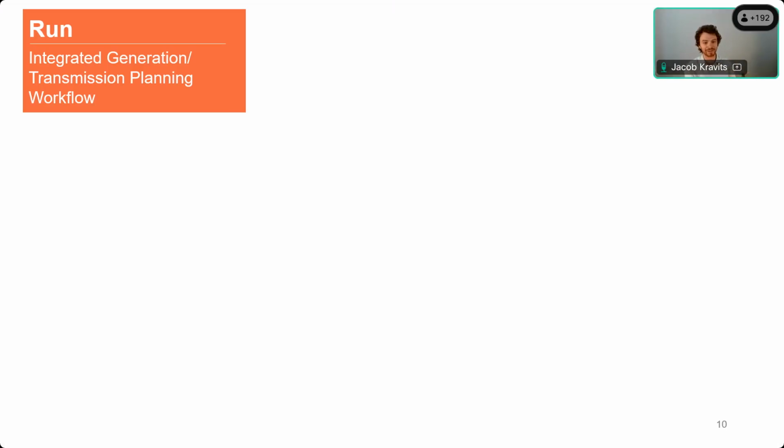So I'm going to park on this slide for a minute. It's going to be a while on the slide, but I want to give a real flavor of what we do in this guidebook. So what does it mean for generation and transmission planners to run with one another? Well, that starts by defining a base case system plan that you're planning against. This could come from IRP or maybe policy requirements. We're going to talk about that more in a second.